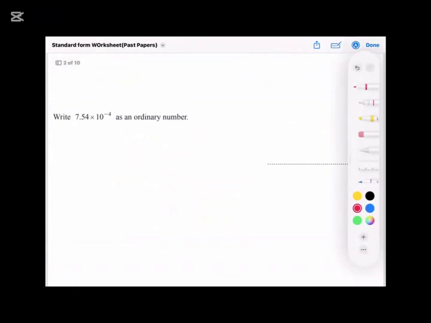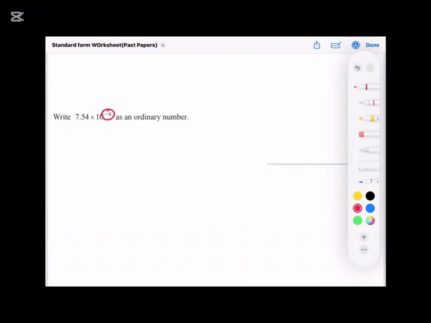Now, this concept we haven't done, so we will do it in this question. Now we need to do the reverse method. We have done ordinary number to standard form. Now we have to convert a standard form number into an ordinary number. Now you need to understand the rules. You can see the power is negative. When the power is negative, what do you need to do? Just put